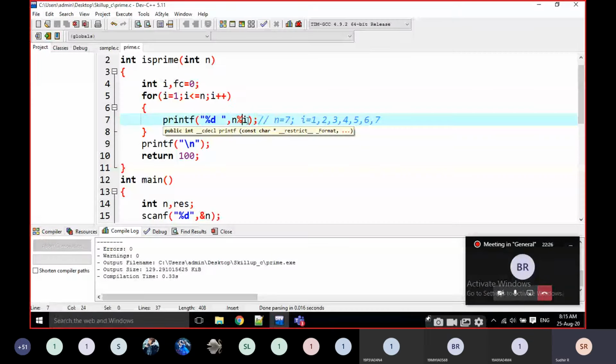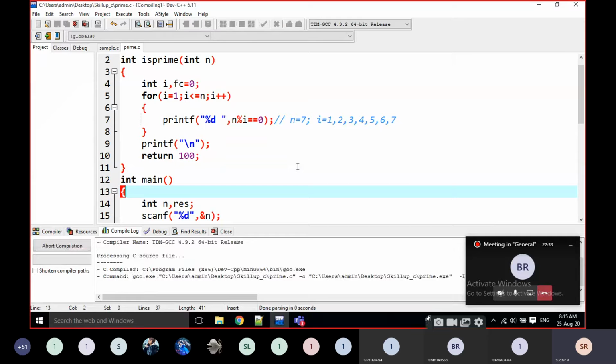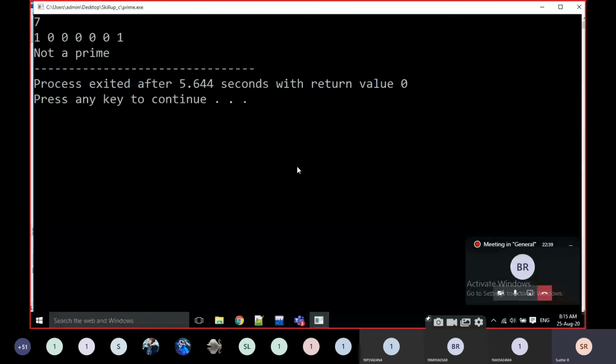Now I am going to check n mod i is equal to 0. How many zeros are there? If it is 0, it is going to print 1. For example, if it is 7, how many ones are there? That means how many true values? There are 2.